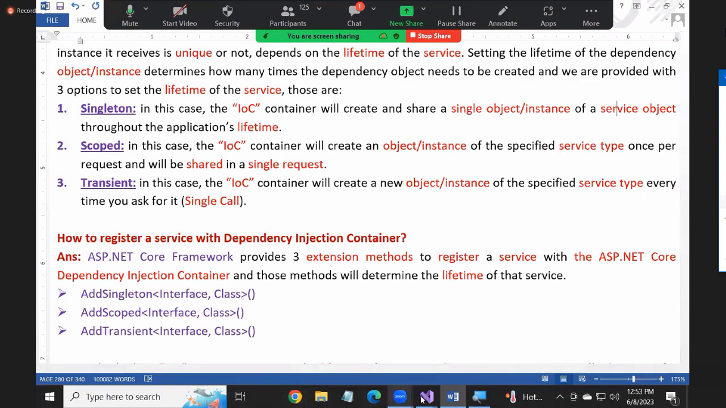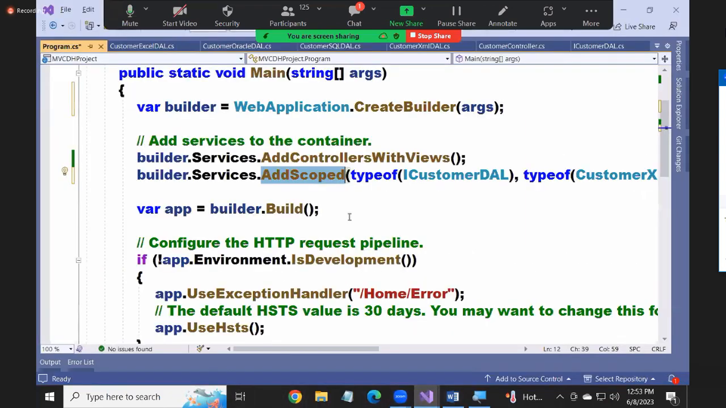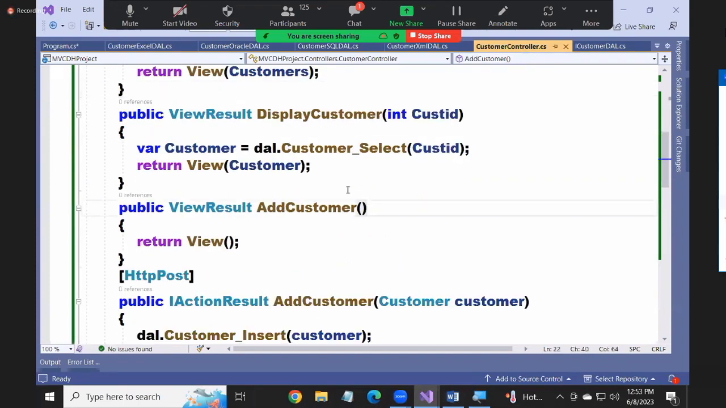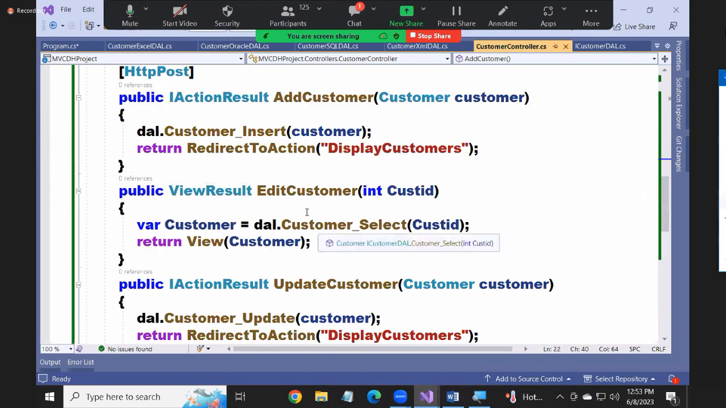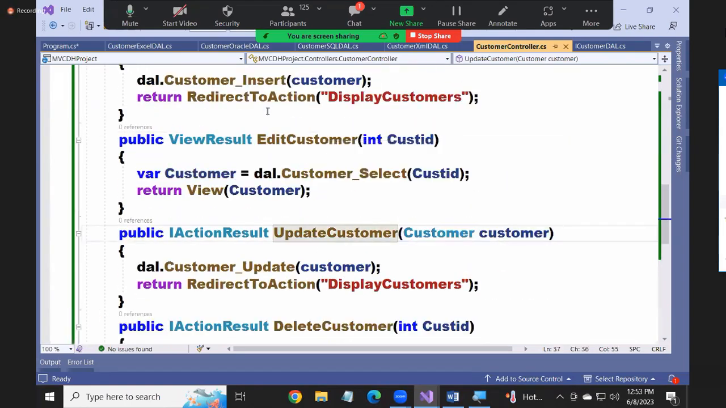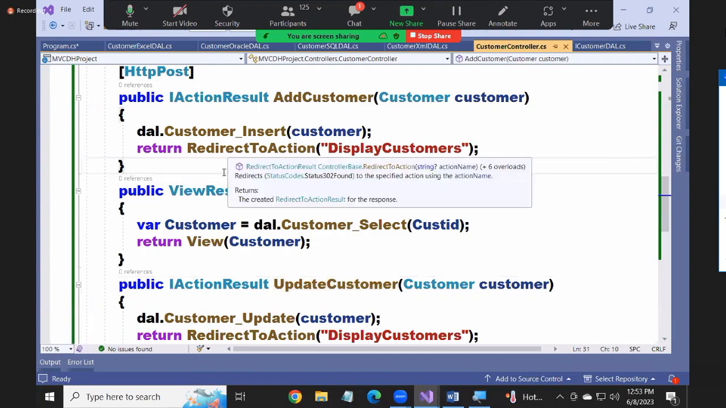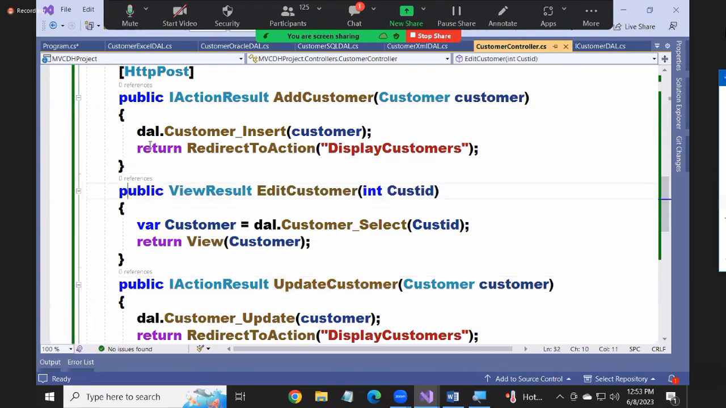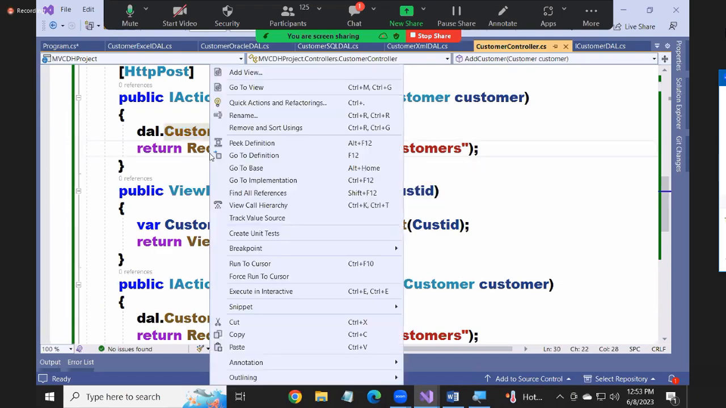Watch it. The best example is, look at this display customers, or look at this edit customer. Watch this, update customer or add customer. You have 2 calls here. What are the 2 calls? One call, this is one call. Am I correct? Now it will redirect to